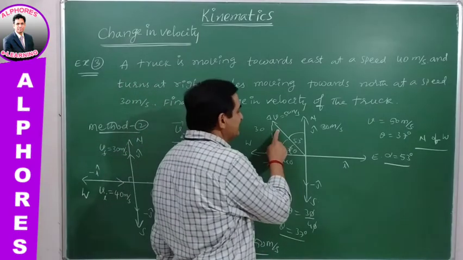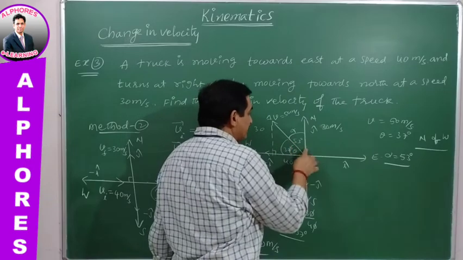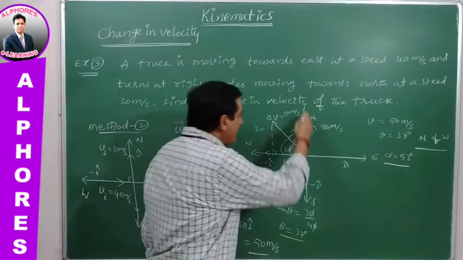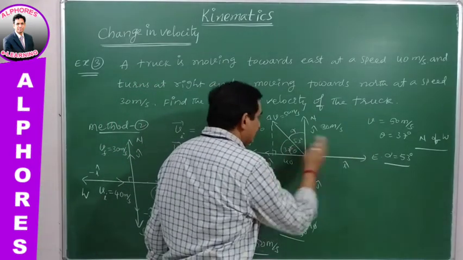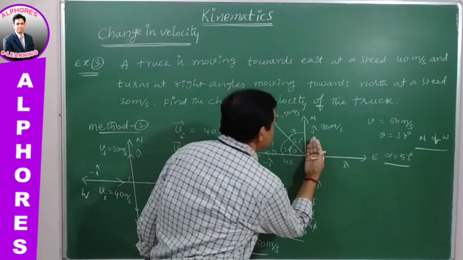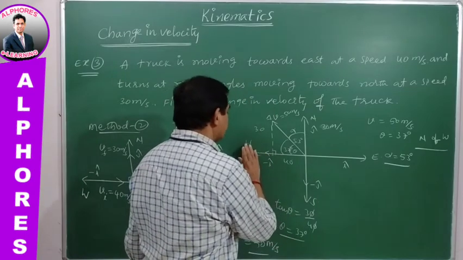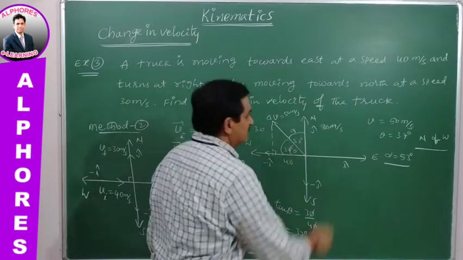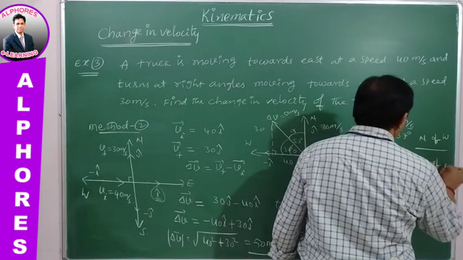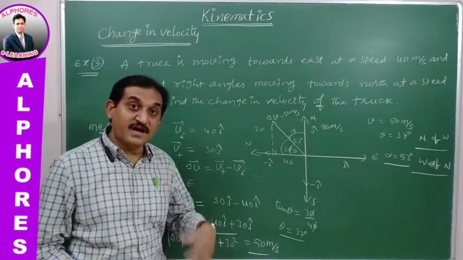Why are we taking north-south as a reference? The change in velocity is making an angle alpha with north, therefore this line is taken as a reference. With reference to this line we differentiate east and west, and out of these two, the change in velocity is towards the west side. Therefore the name is given first as west of north. Don't say north west or west north.